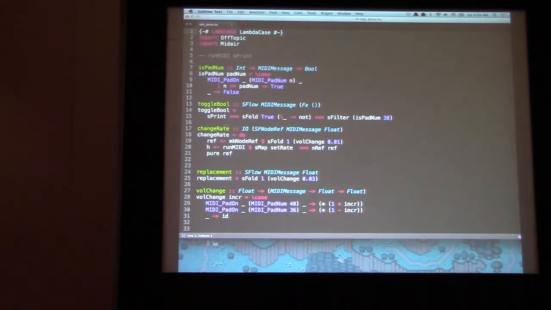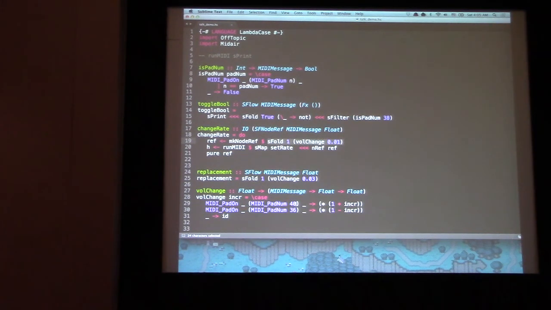Okay. So we can see we've got a function here, change rate, where we call make node ref. We have a simple thing here. We start at 1. We've got a fold. We start at 1, and we call volume change, which is given an increment, so 0.1 or 0.03 later. When pad 40 is hit, we increase.